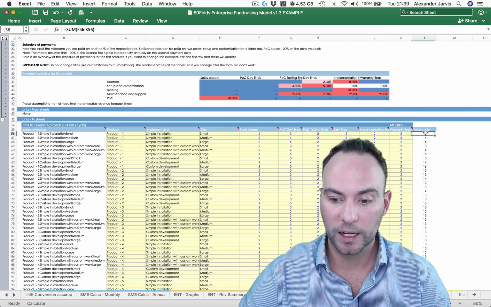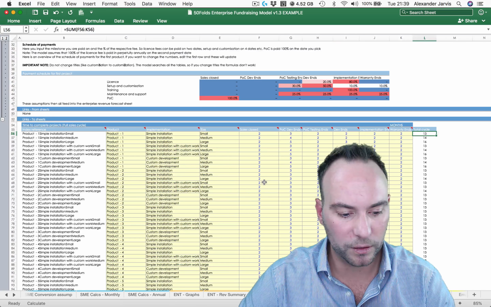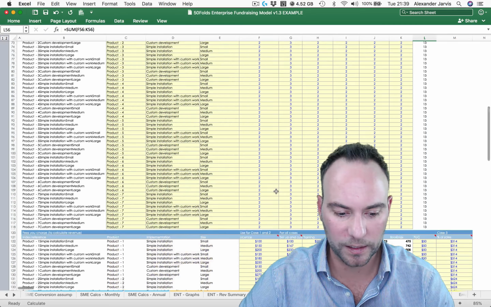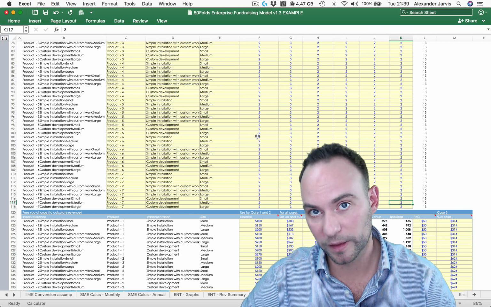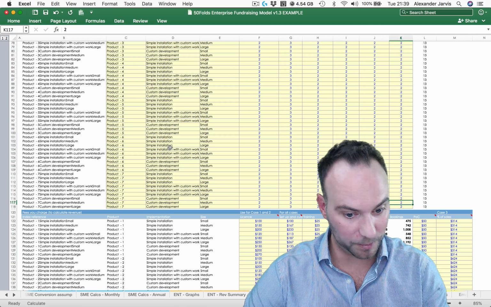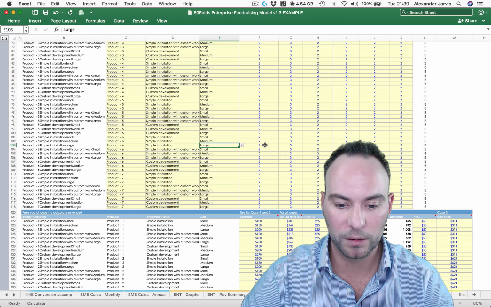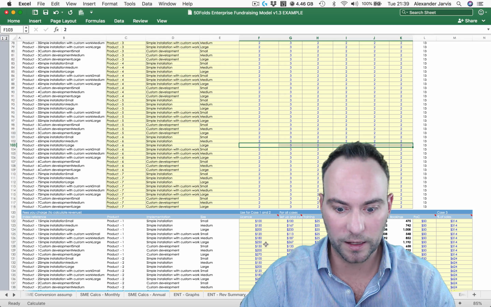And then here, this column shows you how long the total cycle is. So just map that out for all of them, and it'll end up being really long. And then these will feed into the sheets as your templates. So if you pull up a product 6 implementation, which is large, the model will pull up all these values, okay? And that will basically end up being your sales cycle.